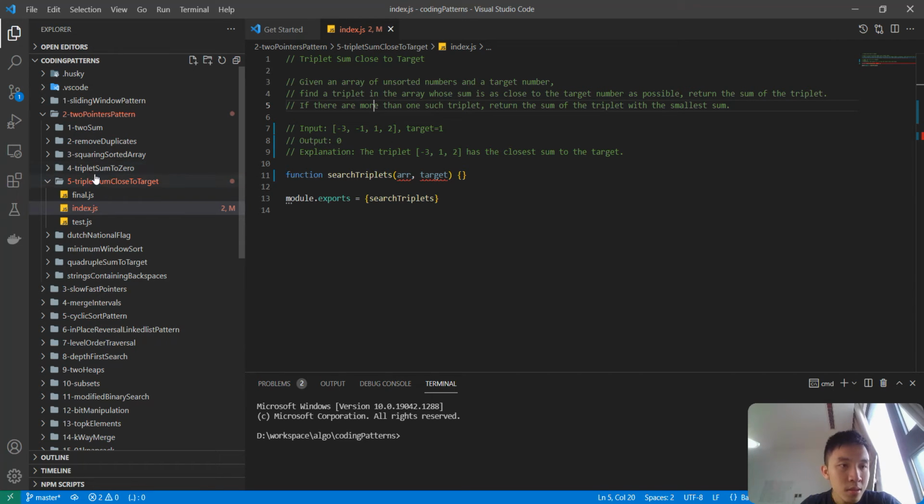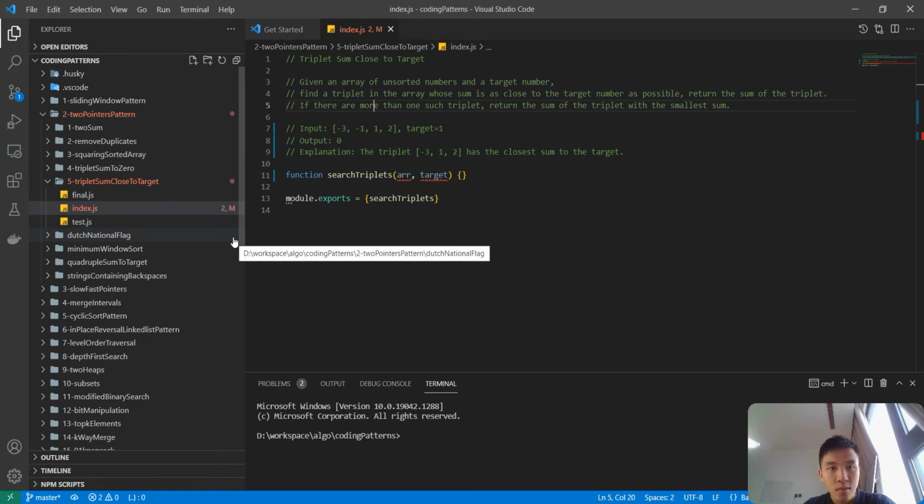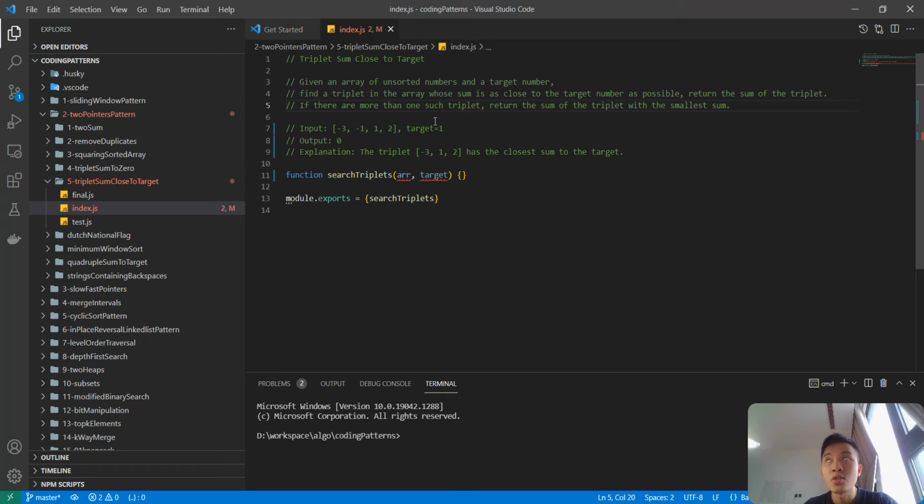But in that program, we have to find a triplet that sums up to 0. Here we need to find a triplet that is closest to a target, right? So the approach is the same,